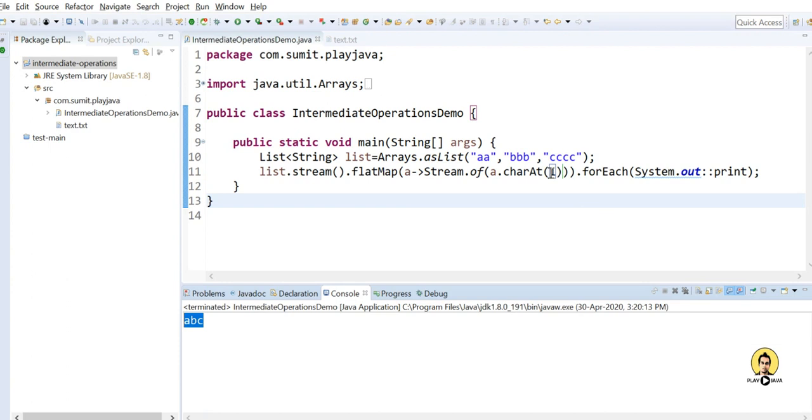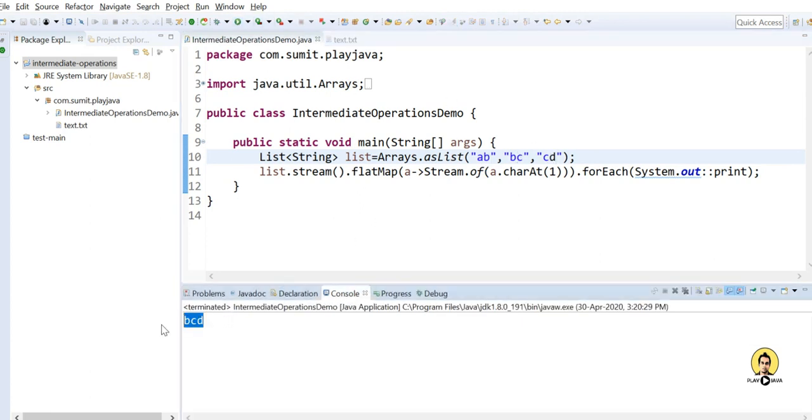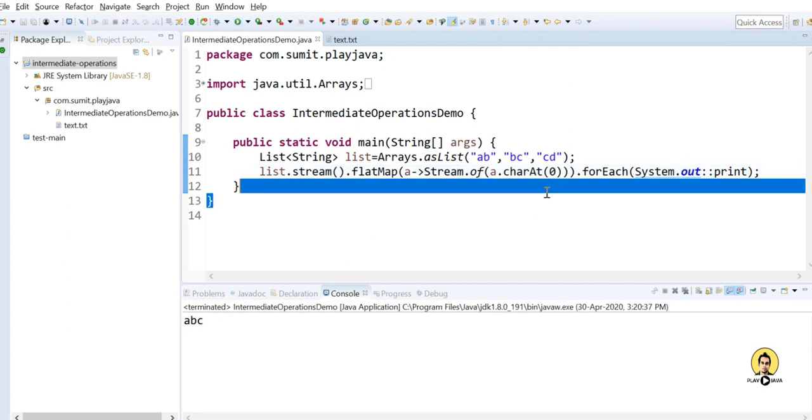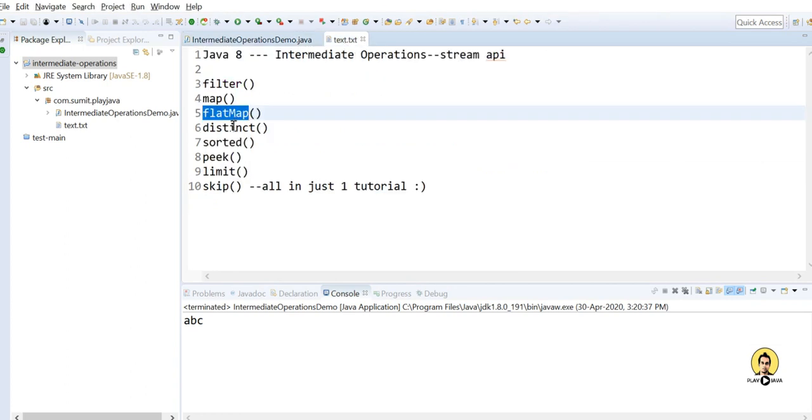It not only gets the element but also goes inside that element and does some transformation on it. I can show you right now, a, bbb, cccc are the elements. So it will print b, c and d, the characters at place 1. Now if I print the 0th index, it prints a, b and c. This is about the flatMap, changing the element's data using the string. So this was about the map and the flatMap.